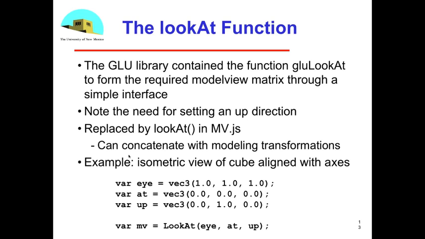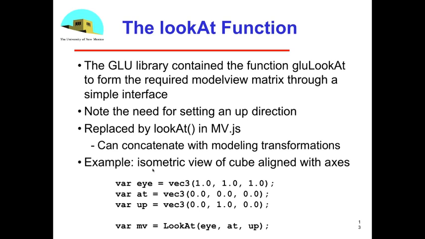It was in the utility library because you were able to, in principle, construct that from simpler functions that were in the OpenGL library, but it was sort of helpful to have it. What we did is just simply put it into mv.js, and it's called look at, and you use it just